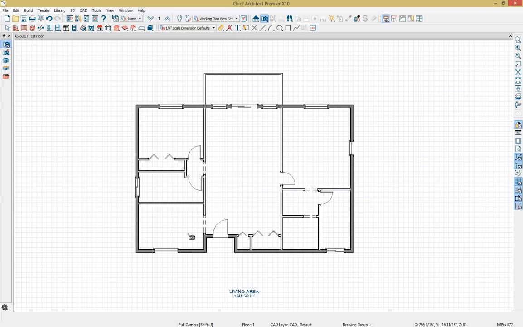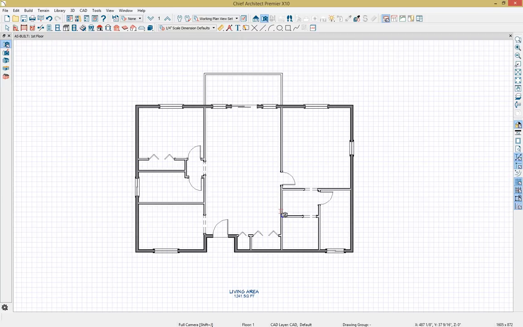Now, when we create the CAD mask, I want to make sure that I have all the layers turned off that are not important to me in my demolition plan. So I'm going to bring it down to just the walls, windows, and doors. Depending upon your project or needs, you may also want to have plumbing fixtures or maybe cabinets turned on. I'm not concerned about those, so I'm going to leave them out of this view. But I also want to make sure that my wall layers are turned off